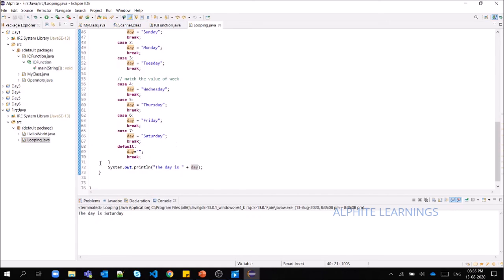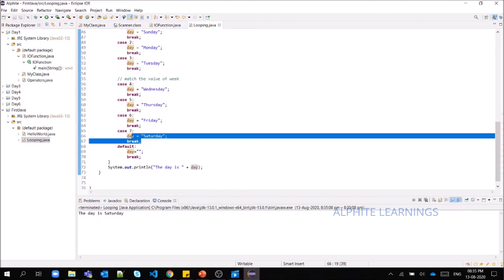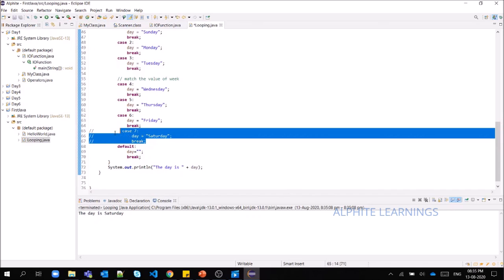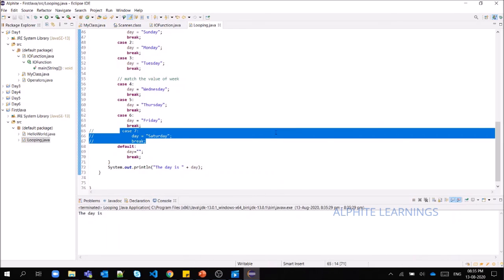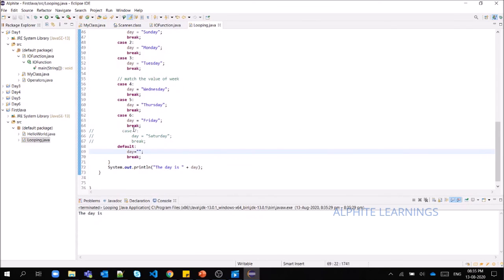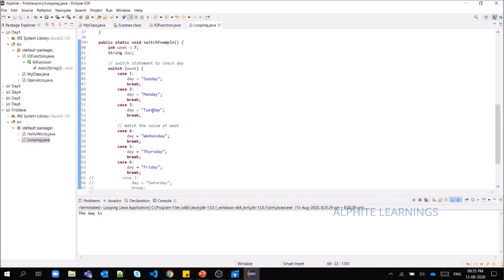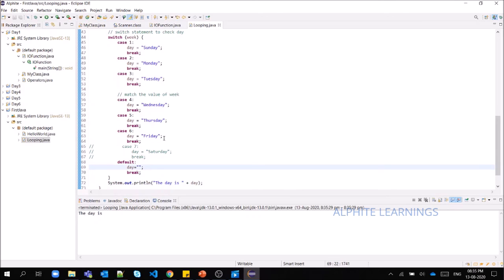What will happen if I have not given this 7? I'm just commenting these 3 lines. Let us execute it again. See what happened. The day is empty. Because if it is 1, we have given Sunday, Monday, Tuesday till Friday respectively.